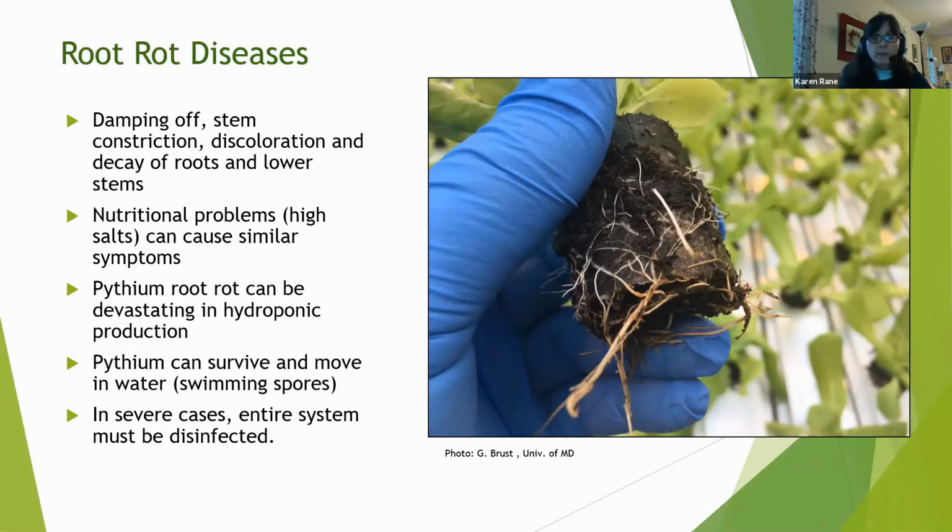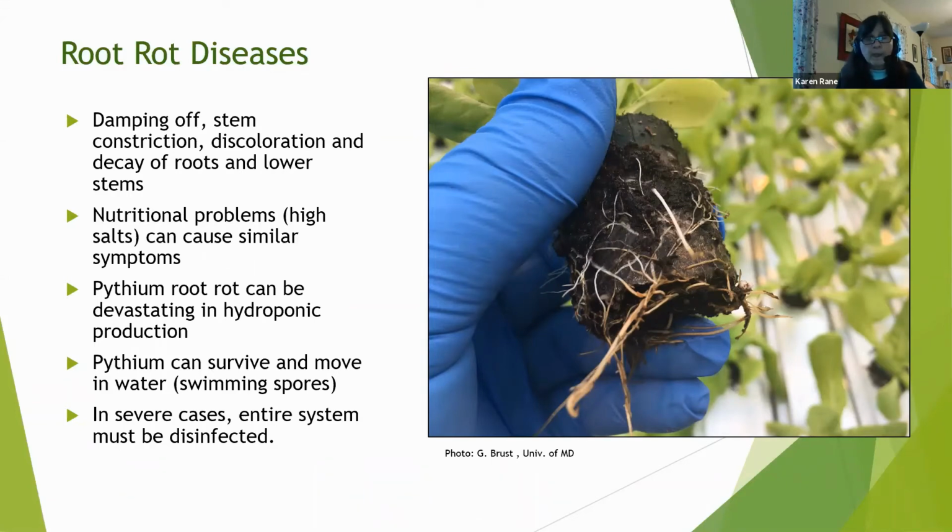Now, the symptom that we see in this picture isn't diagnostic for a disease. You can get difficulties with roots and this kind of discoloration and rotting when there's some nutrient imbalances as well. Particularly high soluble salts can cause problems like this. You can't really tell just by eyeballing it. This is where a clinic or having a microscope can help, or doing the nutrient analysis. That can provide information too to help determine whether you're dealing with a nutrient spike, for example, that could have